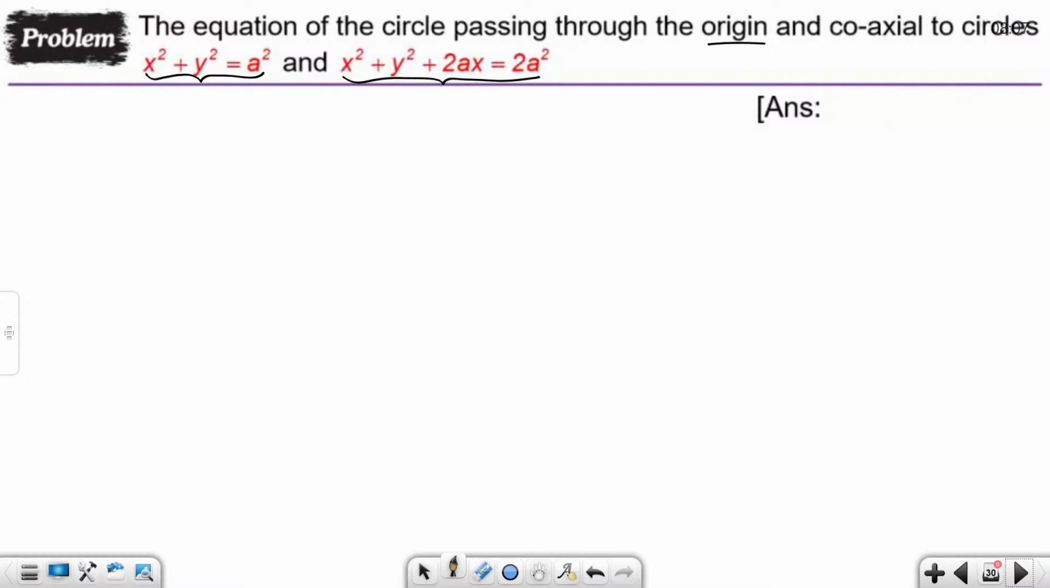So what I will find out is that coaxial circle, that circle which belongs to the family of the coaxial circles which is passing through the origin. So for that, first I have to find out what is the equation of the radical axis. So the equation of the radical axis for the given two circles is